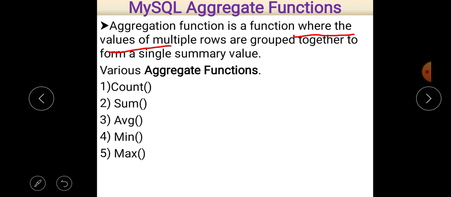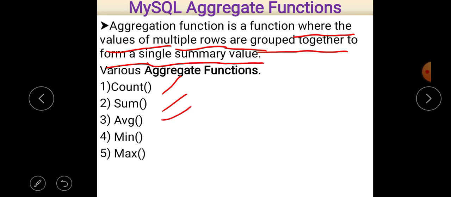These are the various aggregate functions given on screen: count, sum, average, min, and max. Let us talk about them one by one.